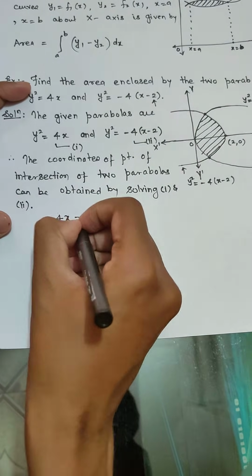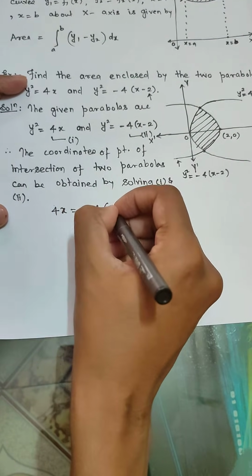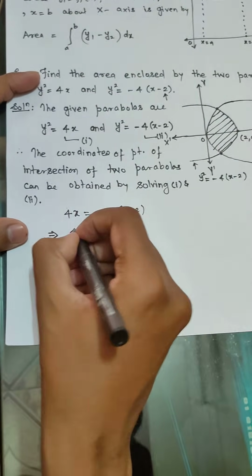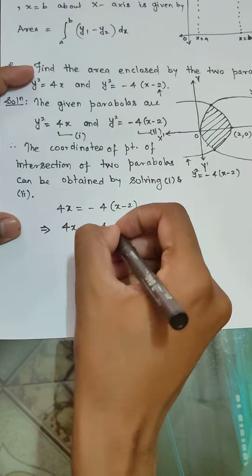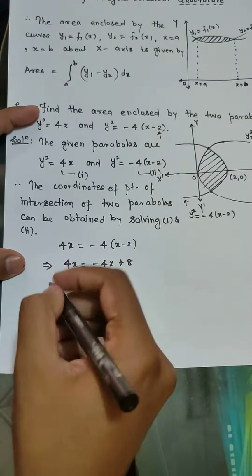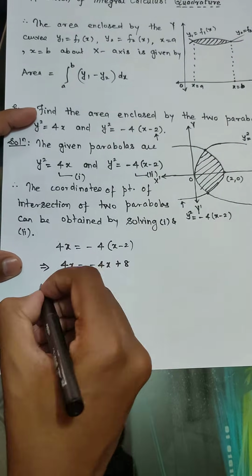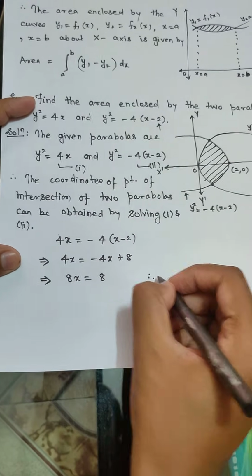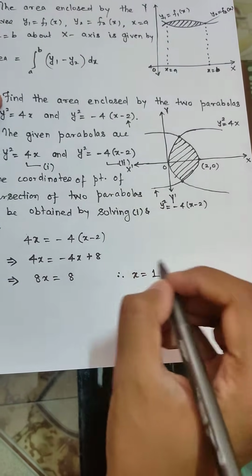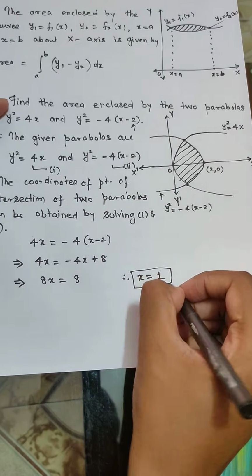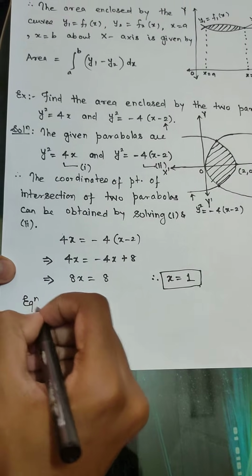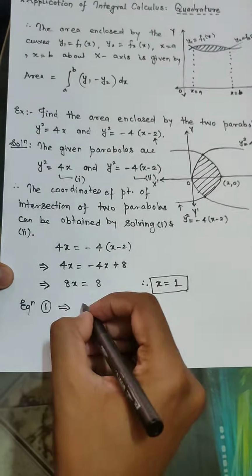to get 4x is equal to minus 4 into x minus 2. Further you can solve this and write 4x is equal to minus 4x plus 8. Okay, so when you take it to the left, this is 8x is equal to 8. Therefore x is equal to plus 1. Okay, now put this x is equal to 1 in equation 1. Therefore equation 1 will imply,